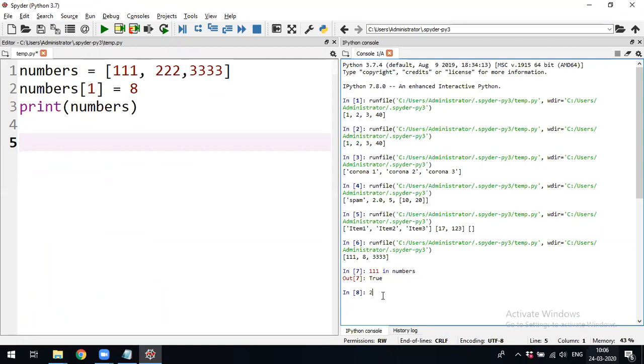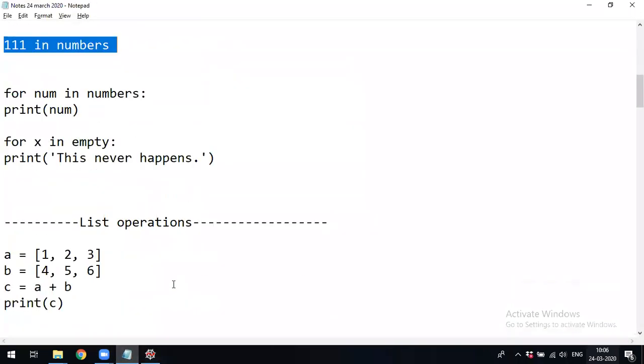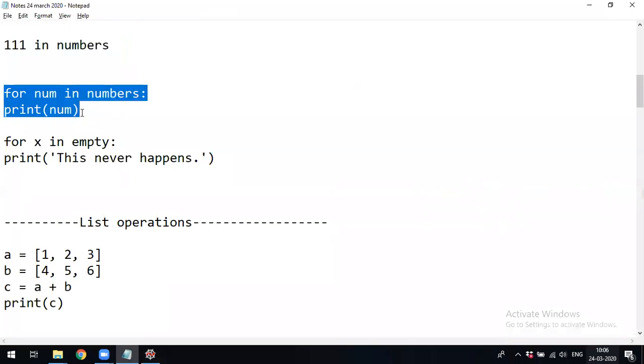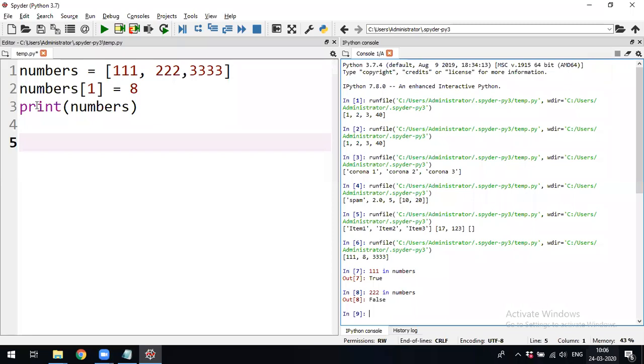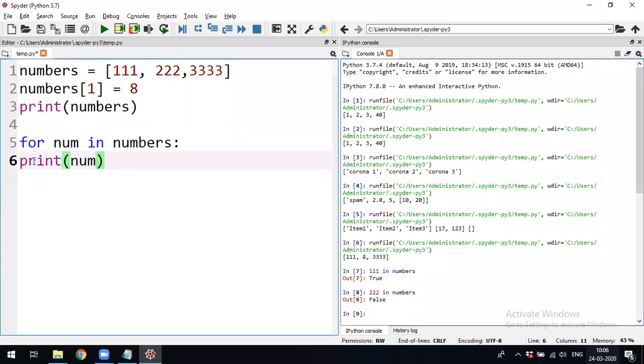And if you try 222, false. This operator, the in operator, you have already seen. And also using the for, you have already seen this for loop for the list.